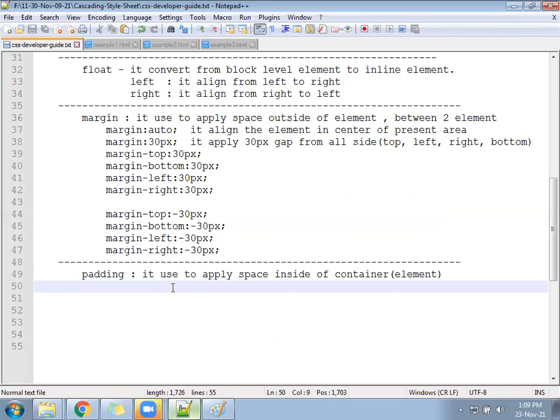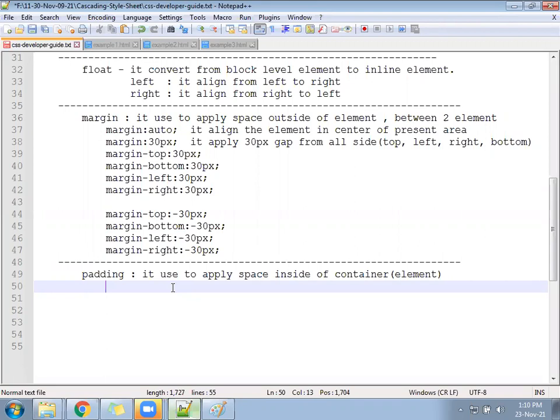In HTML, if you remember, table has properties called cell spacing and cell padding. Cell spacing gives the space between two cells. Cell padding gives the space inside the cell. Here, that same thing, cell padding only. Under CSS, we have 5 types. Under HTML, we have only 1 type, called cell padding: equal gap from all the sides.